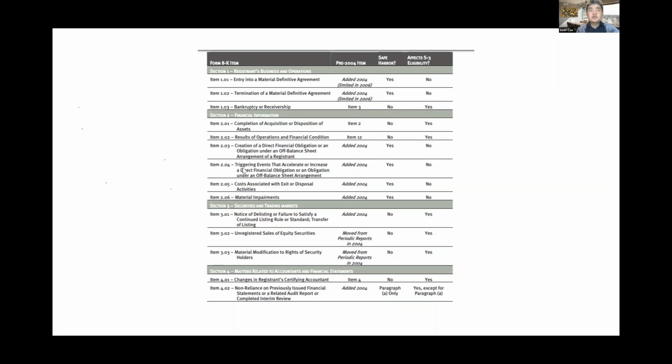When you find the news, you want to classify your news into different categories, so investors will easily understand the nature of the news. And this is also changing, because before 2006, there was no item 1 or item 2 series. You don't have that. And before 2006, you don't have 2.03, 2.04, 2.05, 2.06. You don't have that. So what does that mean?